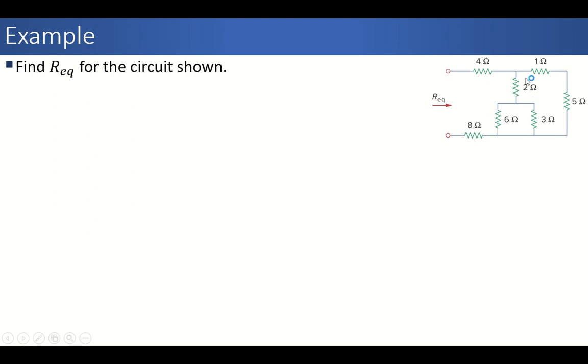Just remember that in series there will be no division in the current. Imagine that a certain current is flowing through the 1 ohm resistance; the same current will flow through the 5 ohm resistance, because these two resistances are connected in cascade or back to back.